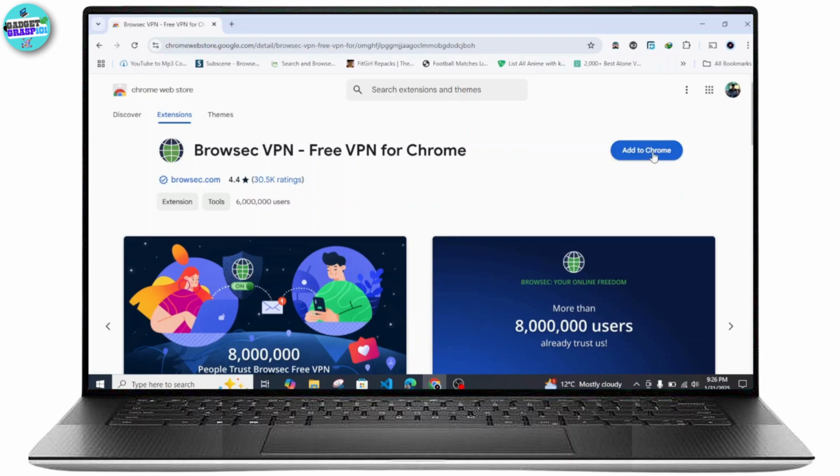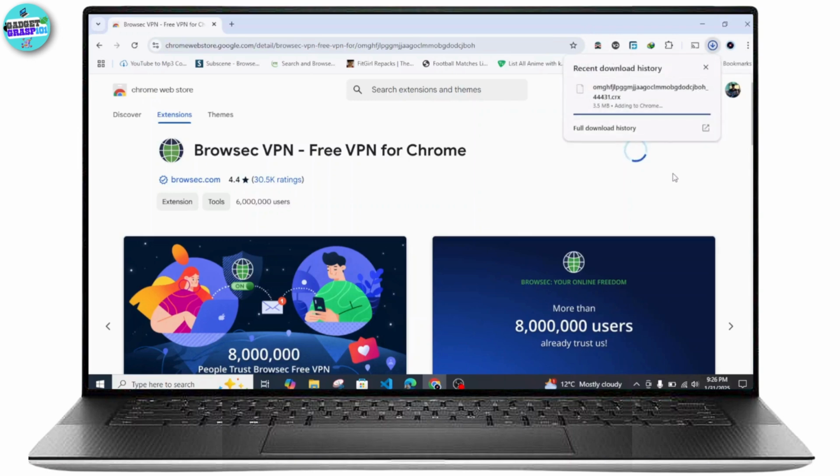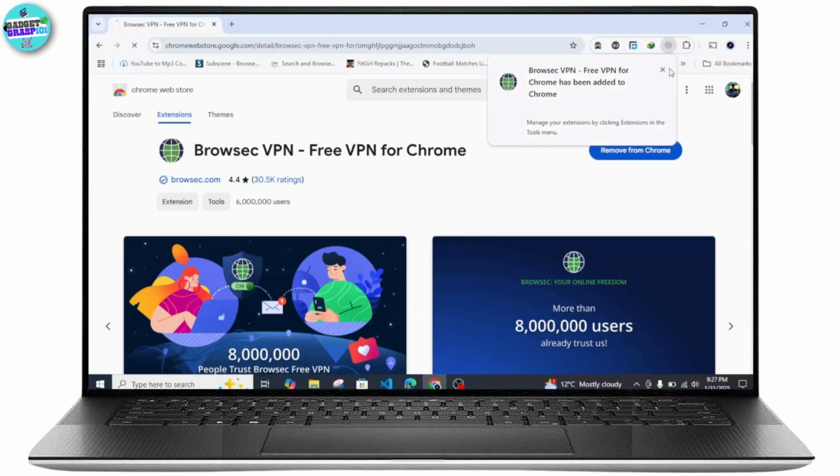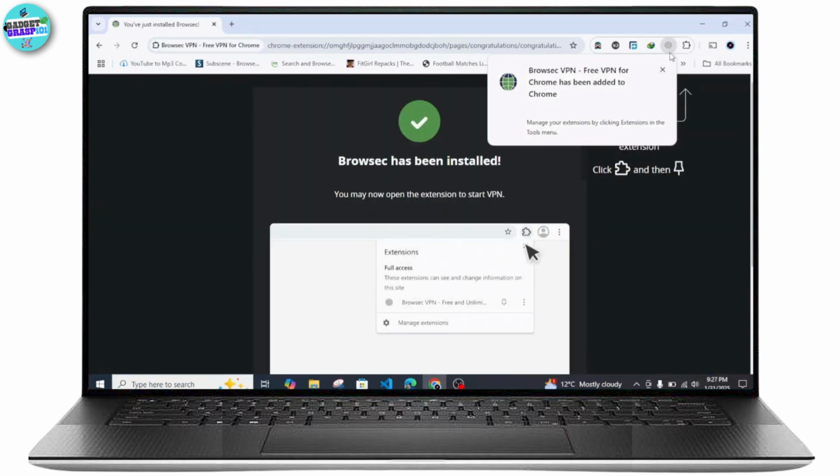So what you need to do is, to run this extension, simply click on this add to Chrome button and just click add extension button over here, and wait for some time for it to load, download and process it on your extension bar. So once it gets installed, you have to click on it, wait for some time again, and it will automatically add it to your extension